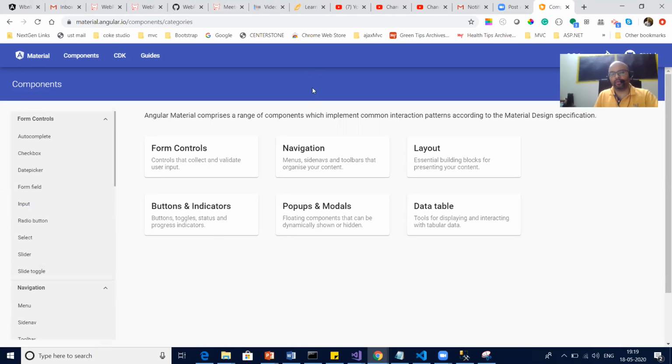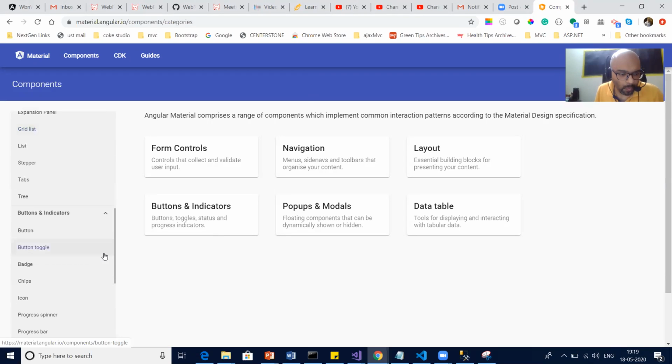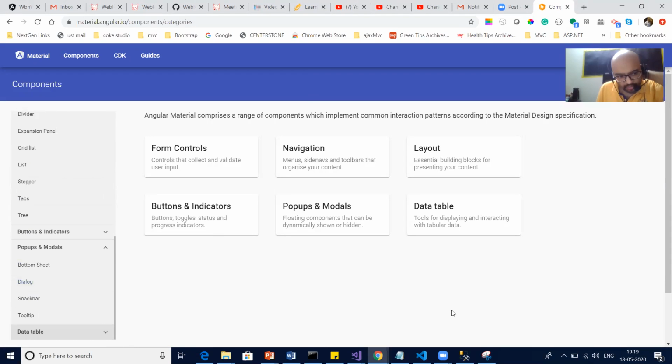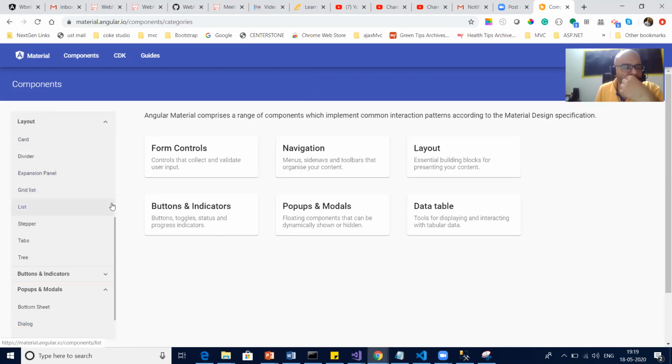Okay, let's see. It would be there, but with a different name. So let's check. Grid list, no. Card or list maybe, tabs or trees maybe. Let's see.